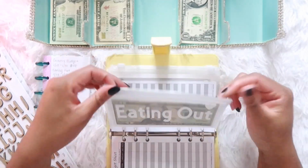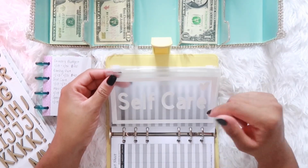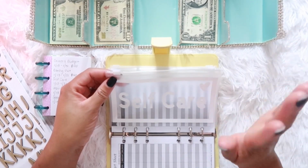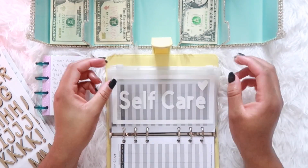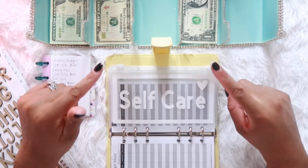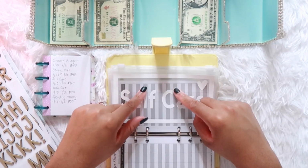and then the next category we have self-care. Now this is something that I am going to be practicing a lot during the year of 2020, because you guys, sometimes I have so much stuff to do to where I just completely forget about myself. I try to make sure everyone is straight and I forget myself, and I told myself that I'm not going to do that in 2020. So this week self-care is going to get $60,